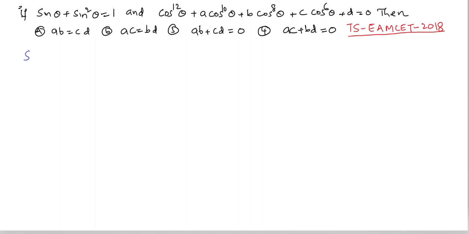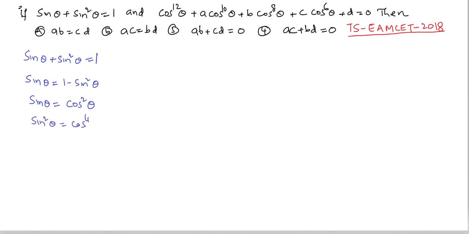Here it is given sin theta plus sin square theta is equal to 1. From this, sin theta is equal to 1 minus sin square theta, that is cos square theta. Squaring on both sides, sin square theta is equal to cos power 4 theta. Now we know that sin square theta is equal to 1 minus cos square theta, which is equal to cos power 4 theta. From this, cos power 4 theta plus cos square theta is equal to 1. Now cubing on both sides,